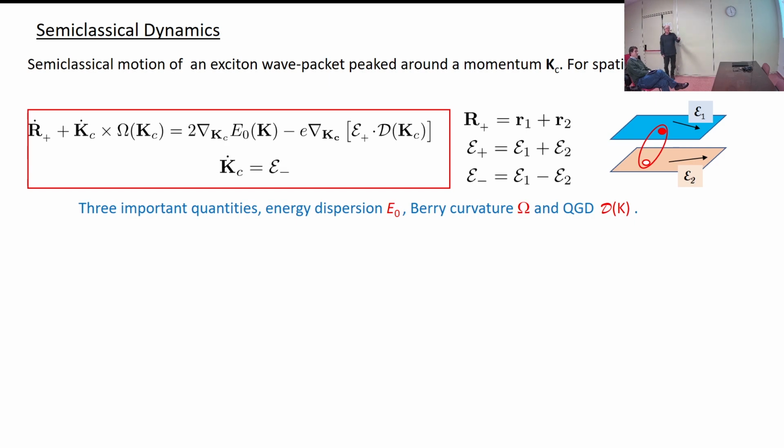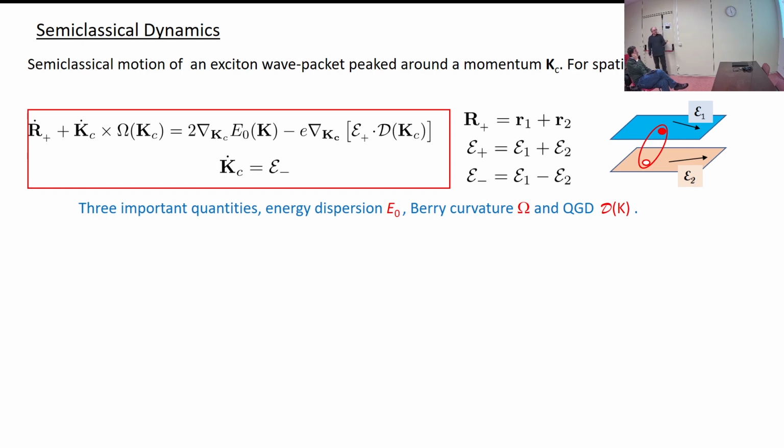The R plus here is the center coordinate for your particle and your hole. And then we'll have the momentum as a degree of freedom, and the separation r1 minus r2 is actually tied to that momentum through this quantum geometric dipole. So you don't have the difference coordinate as a separate degree of freedom from the center, from the momentum of the